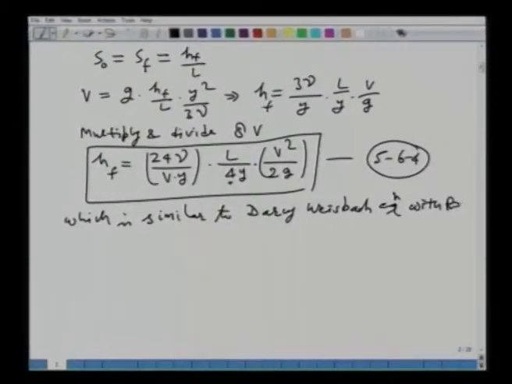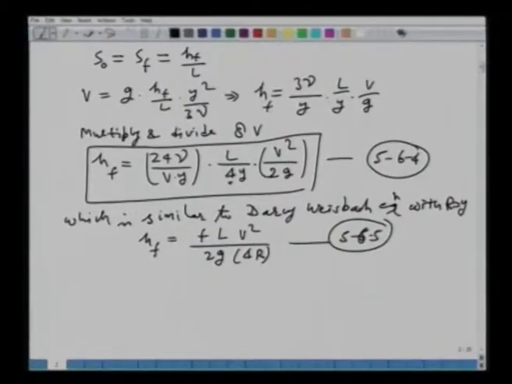R is equal to y. Okay. What is that? That is nothing but your hf is equal to fL v squared over 2gd, and d here is 4r or 4y. Okay. So, if you compare this equation, and let me number this as 5.6.5. If you compare 5.6.5 with 5.6.4, they have similar forms. hf is equal to, this whole thing is, let us say, fL v squared over 2g d, and d is 4y or 4r. Okay. All right, where